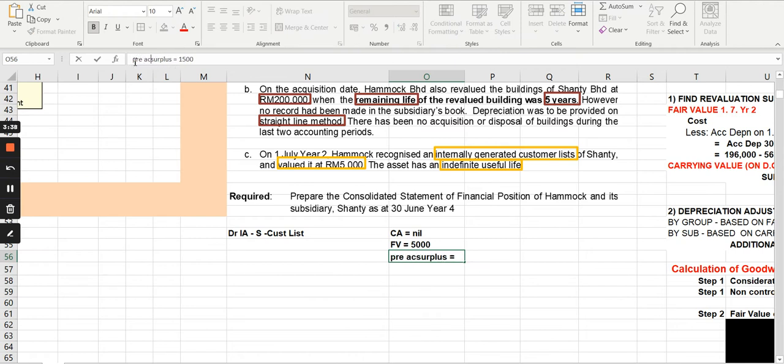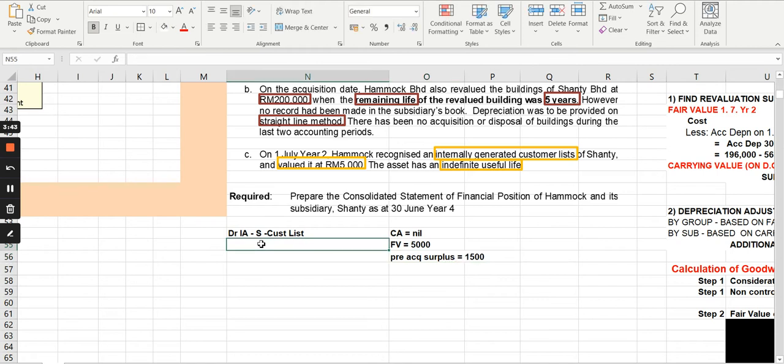And I was telling you that this is a pre-acquisition surplus. Why pre-acquisition surplus? It arises on revaluation date. And what you will credit is the asset revaluation reserve relating to customer list, with how much? With the same amount, 5,000. So you will credit and debit with the correct amount. When you do this recording, it will have impact to your fair value of net asset, because that happened on the date of acquisition.